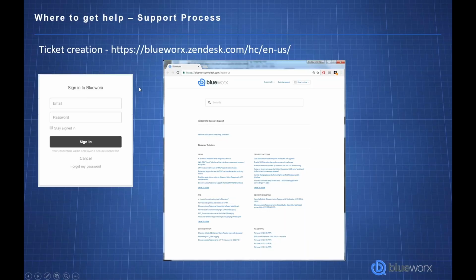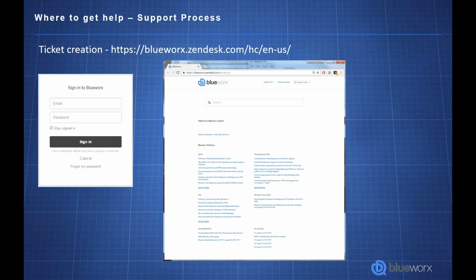Once you've done that, you'll receive an email notification from myself or from one of the support team verifying that your account has been created. Then you'll need to create a password. And once you've done that, you can then go to this page here, and if you have a problem, click on Submit the Ticket. You'll be asked to sign into Blueworx, and after you've done that, you'll be presented with